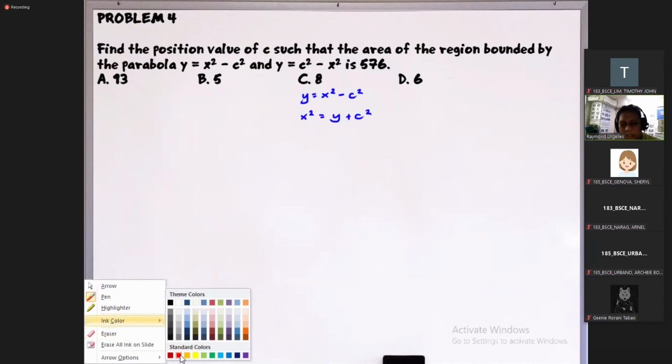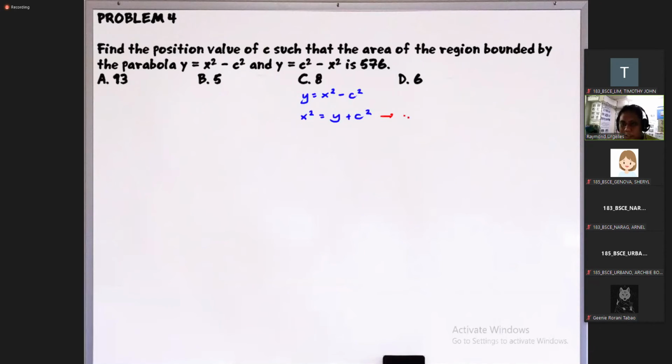Makikita natin yung pinakamalapit sa kanyang format is in the form x minus h squared. Kasi meron ka ng plus c squared dito, kaya hindi na natin pwedeng gamitin yung ginamit natin kanina na x squared is equal to 4a y lang. This is 4a, yun yung constant na nakamultiply sa y. Then this is multiplied by y minus k. In this instance, pwede mong isipin kasi dito na may nakamultiply ka na 1 dito. Yung 1 na yan yung 4a. So basically standard form na to.